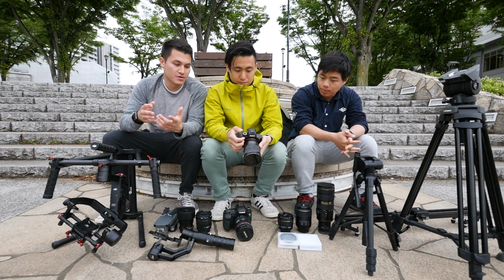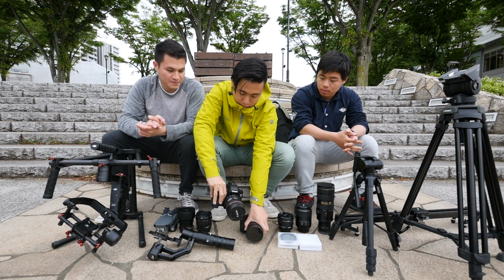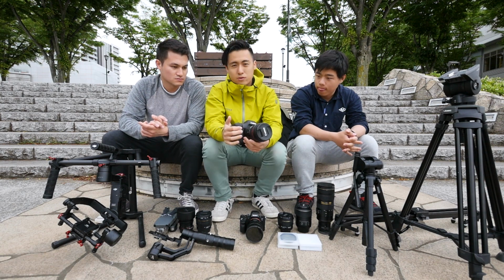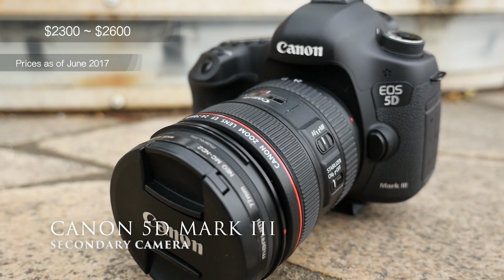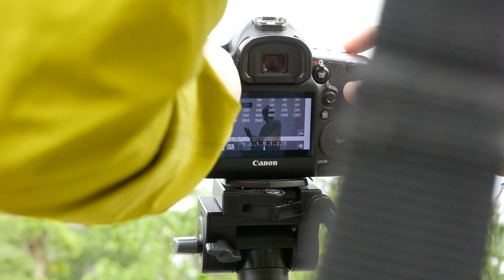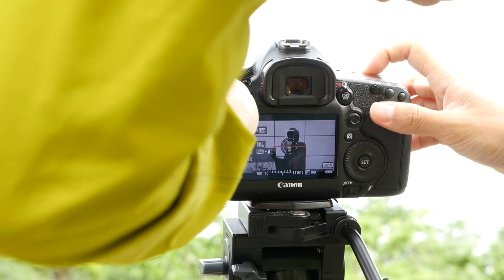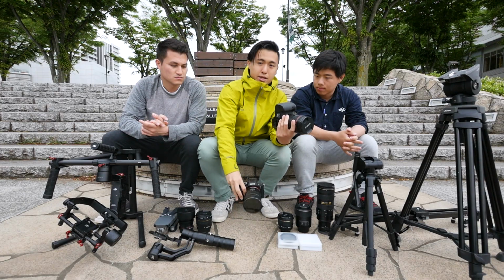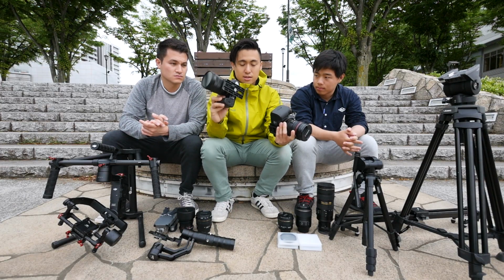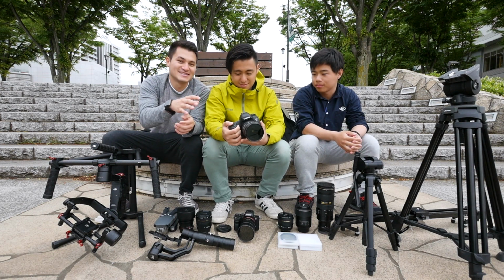So in what scenario would you use the Canon 5D? So the reason why I bought this is Canon has great picture quality basically. At the same time, I'm using the firmware called Magic Lantern, which also allows us to shoot raw. Basically, you can color grade just like shooting with S-Log. So the reason they use the 5D for the time lapses essentially is because